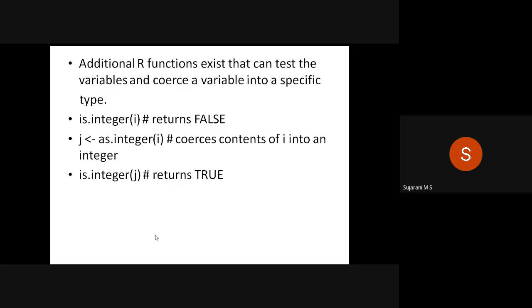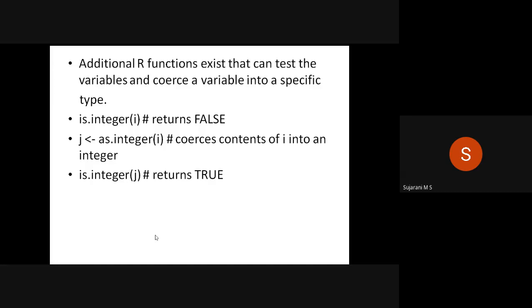Okay, so we can convert the double value of i into an integer. We can use the function as.integer. That means we can assign j equal to as.integer(i). That coerces the contents of i into an integer. i is a double, and that double value of i is converted into an integer, coerced.